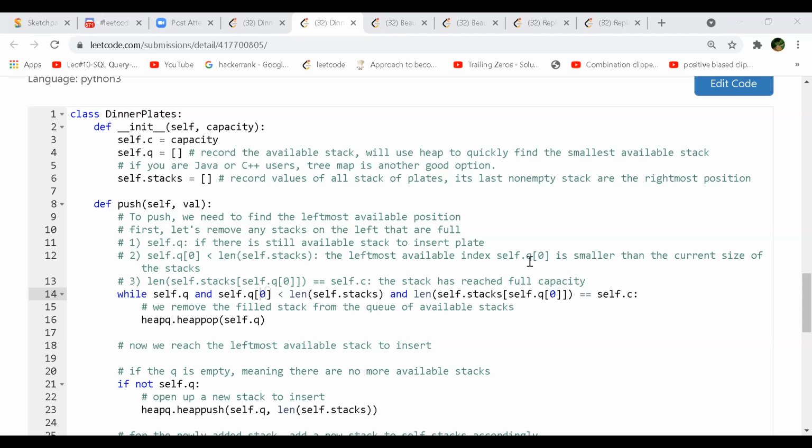Even though we are popping the full elements out from the left, and we are using the topmost index, which is on the right, for the pop operations, at one point it will collide, right? I'm removing all the indexes that are full, but I am using that same priority queue to decide the index of the element that I'm using for the pop.